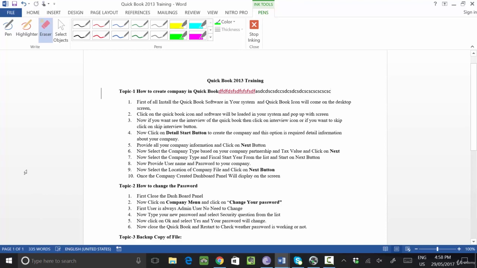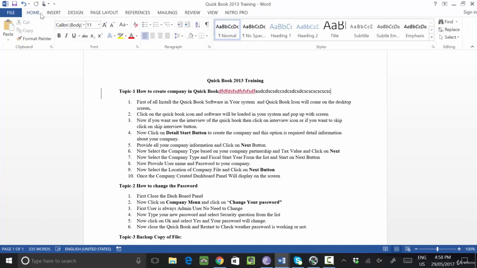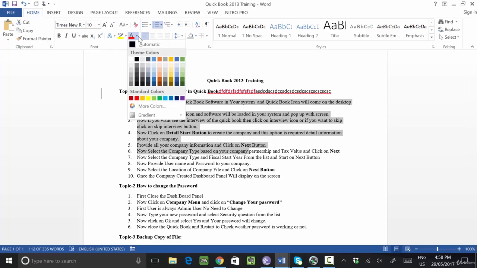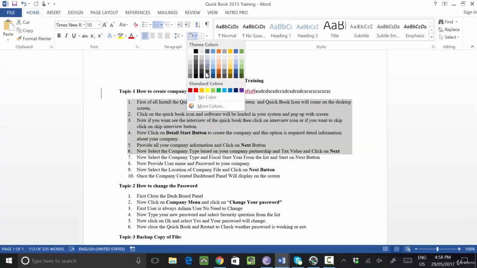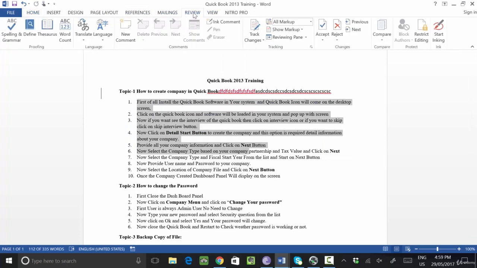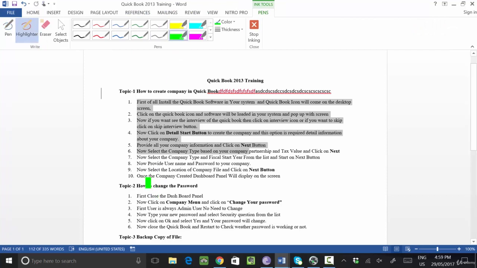Now the question is, why should I use this? See, if you go to insert and you want to provide a background, suppose I want to highlight this, you give the color, the background color. So the background color is coming, not the text. Text is not highlighted. I want to highlight a specific text. So I will go to review and click on start inking. From here I will select my color and I can easily highlight the text also.